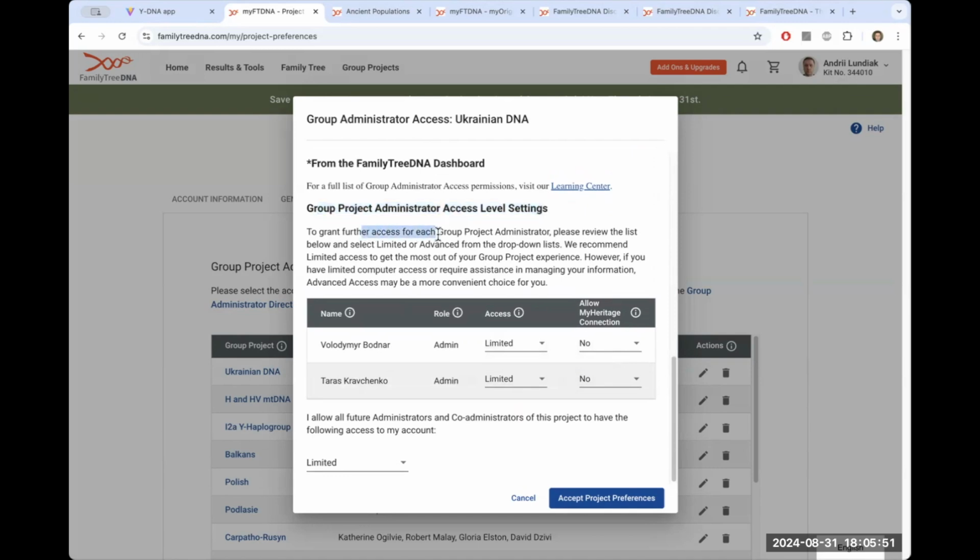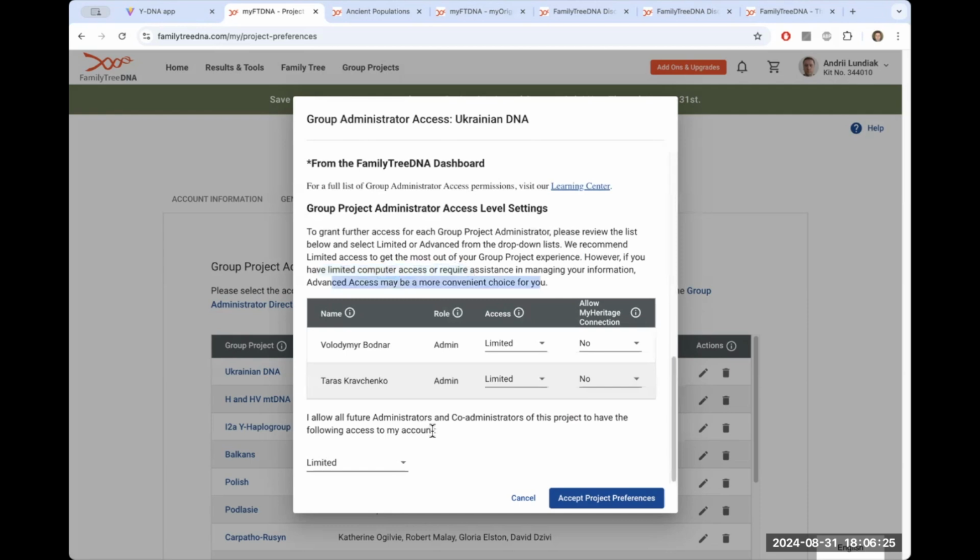Access to grant further access for each group project administrator, please review. We recommend limited access to get the most out of your group project experience. However, if you have limited computer access or require assistance in managing your information, advanced access may be a more convenient choice for you. Frankly speaking, I didn't have any use cases that required these settings, but